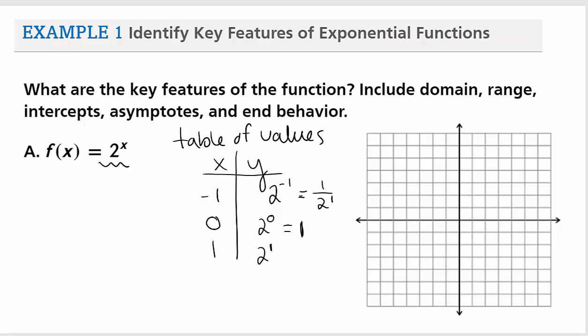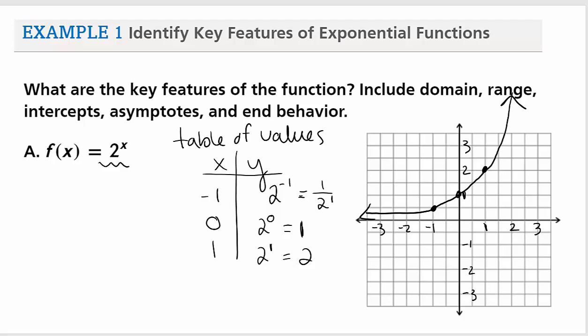And if we put a 1 in our exponent, we get 2. So we're going to graph these three coordinates: (-1, 1/2), (0, 1), and (1, 2). Then we're going to make that shape of the exponential